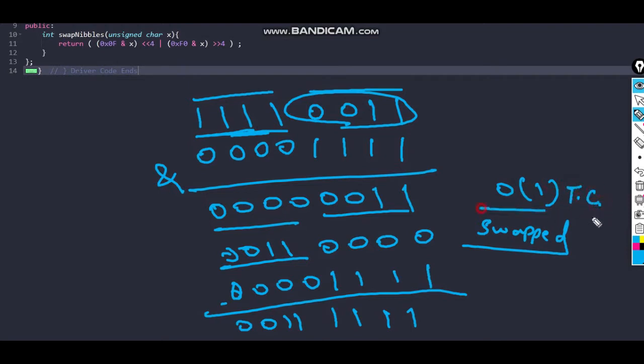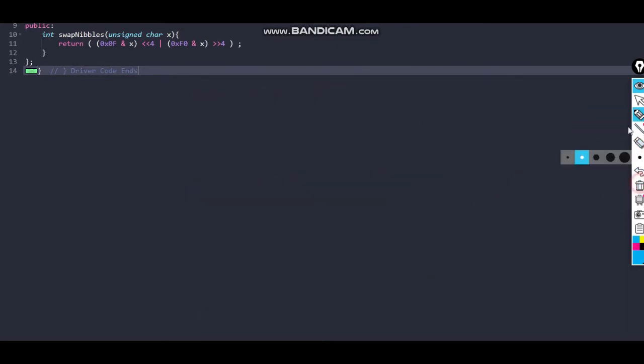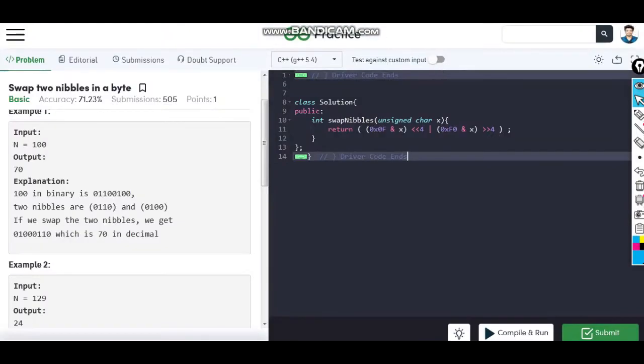As you can see, you may get difficulties in the starting, like how we can think of this type of logic, but the more questions of this type you practice, the more you will get these ideas in your mind. You will realize that yes, we can do it using the bitwise OR and AND operations. Otherwise you have a brute force approach, you can go with that. I hope you got my point, and let me erase this and move to the next question.